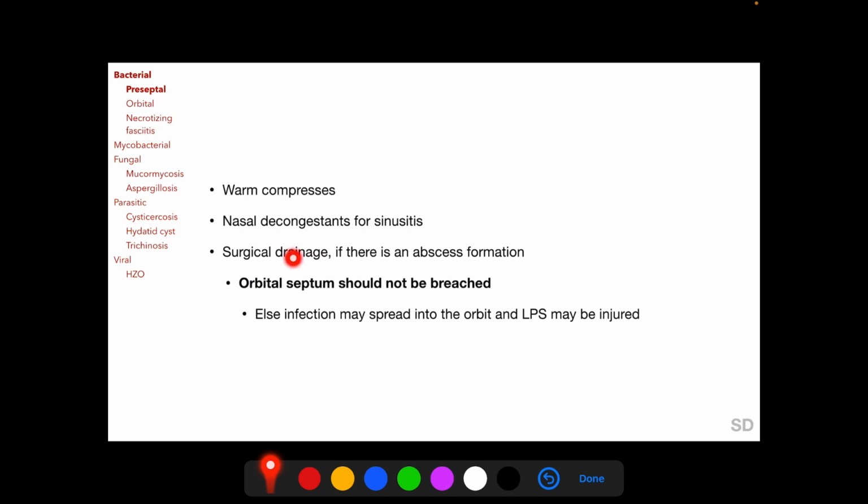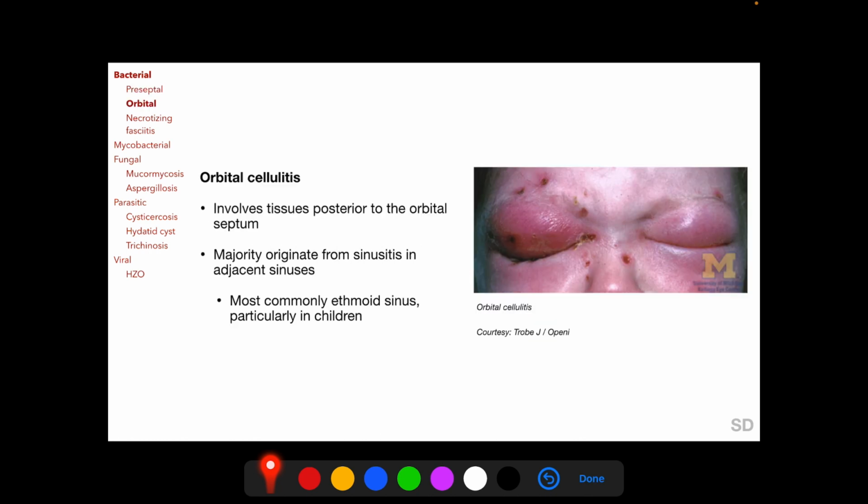And for surgical drainage of a preseptal abscess, it is very important to remember that the orbital septum should not be breached during drainage of the abscess, else infection will spread into the orbit and the levator palpebrae superioris muscle may be injured. The second form of bacterial infection of the orbit is orbital cellulitis, and it involves tissues posterior to the orbital septum. And most orbital cellulitis originate from sinusitis in adjacent sinuses, most commonly the ethmoid sinus, particularly